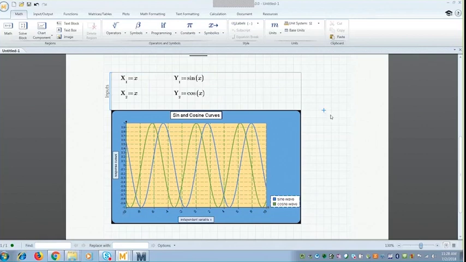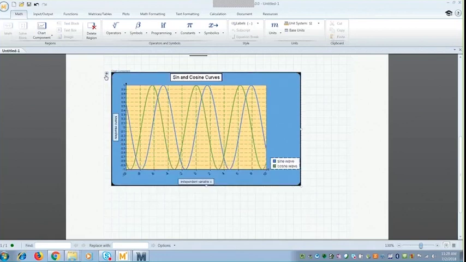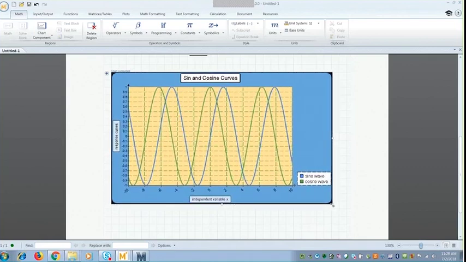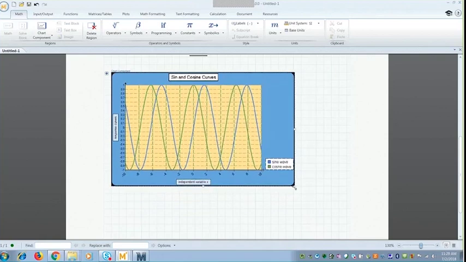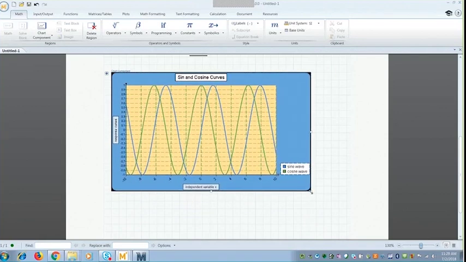Okay? Now, for presentation purposes, you may not want to display the input section. So there's a minus here, a collapsible icon. So if we click on that, it's going to collapse that input section, and now this is what the plot looks like. And if we grab the corner here, we can resize this to whatever size we want it to be. Now, let's go back into the app. So we're going to double click,